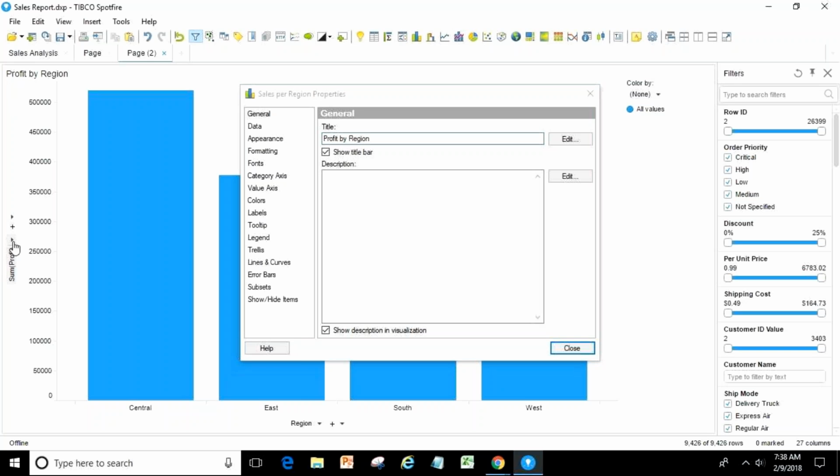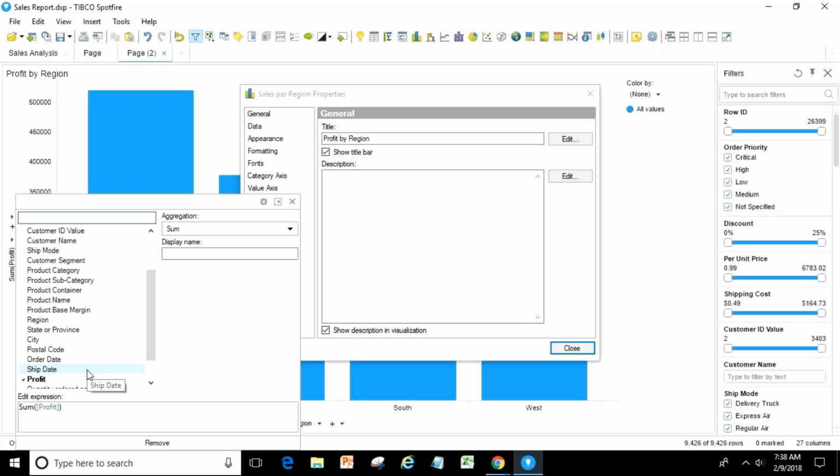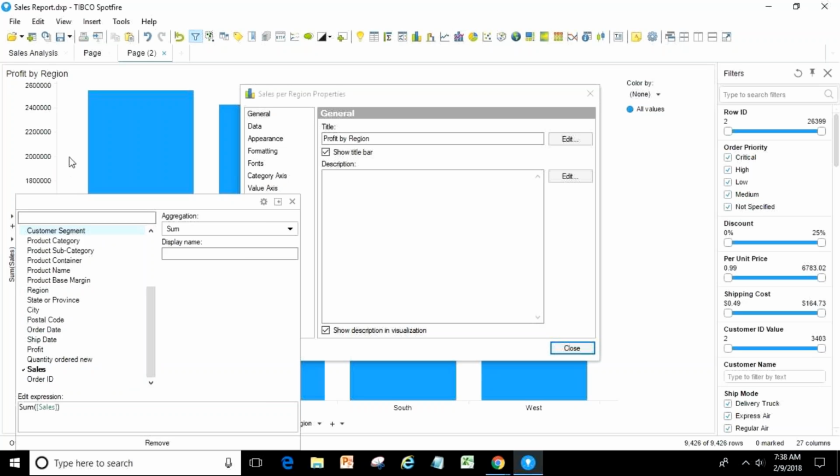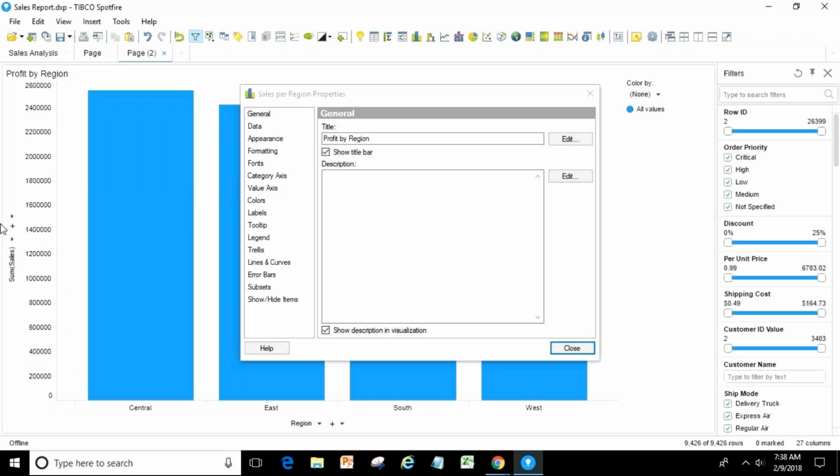But if you change the chart, and there will be a lot of instances from now onwards when we will be working on Spotfire, where we want our users to change the axis. Means we'll give them dynamic options to change the axis. So here if you see, I have changed it to sales, but the chart is still showing me profit, isn't it? So it's not a good idea to keep it this way.